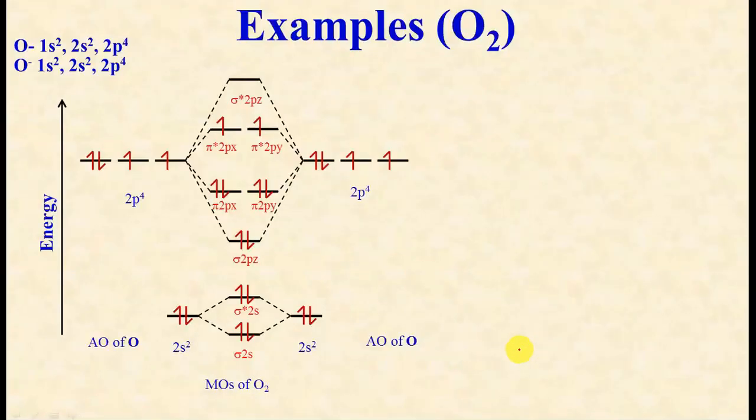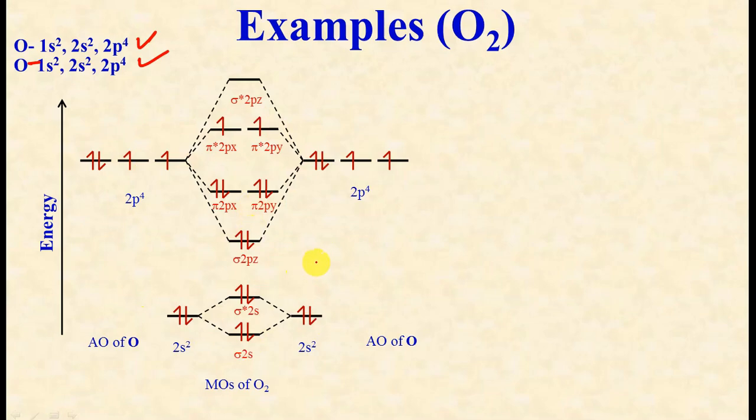Now assignment of these symmetry symbols to some examples is considered. This is the molecular orbital energy level diagram for the O2 molecule, and this is the distribution of the electrons. This is a very well-known example where we have the arrangement of sigma and pi molecular orbitals. Oxygen atom has electronic configuration 1s2, 2s2, 2p4. The similar configuration is for the second oxygen atom. Okay, so this is the molecular orbital energy level diagram.